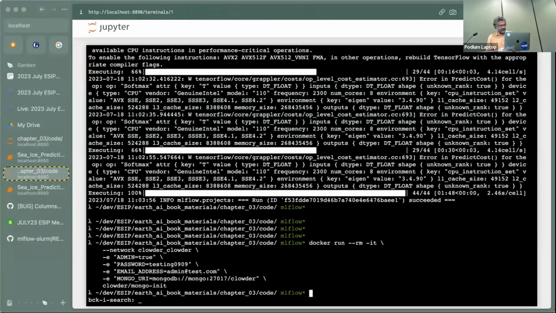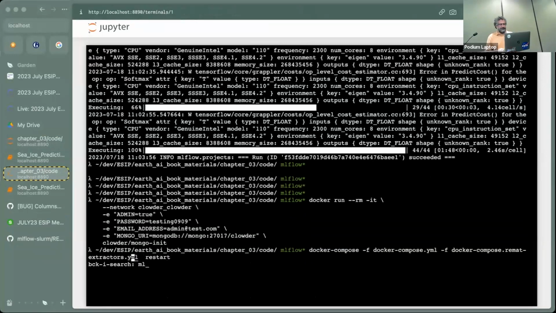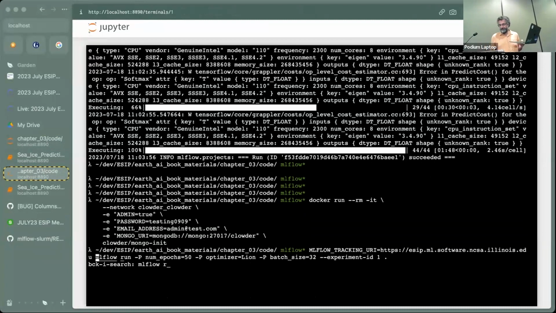No, wrong project, ML. Perfect. So here's just a command line. I'm telling it the tracking URI for my MLflow, it just picks up from the environment variable. And I say mlflow run -P, and here I'm setting the number of epochs I want. All my hyperparameters are now exposed here. And then just run it.